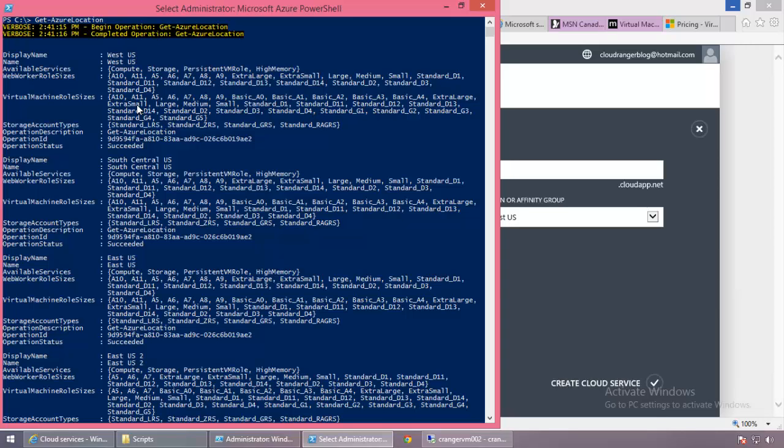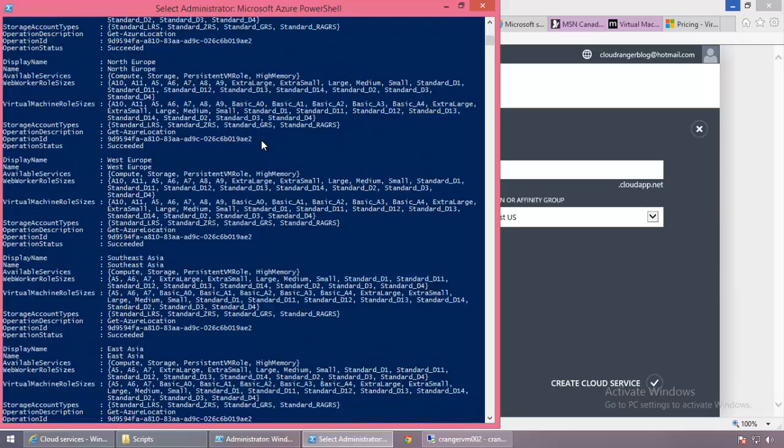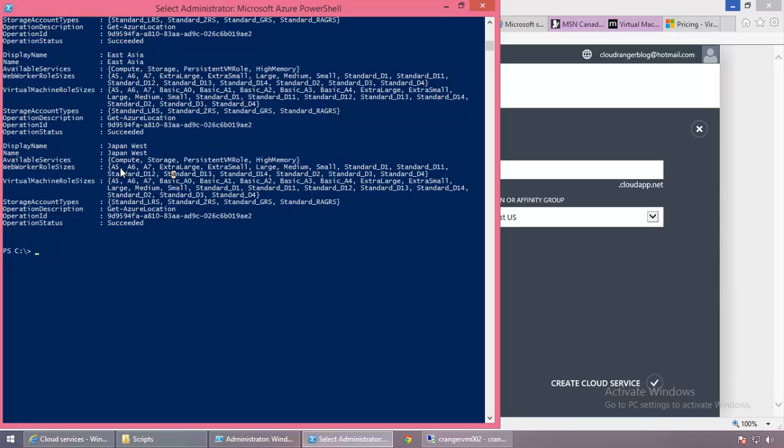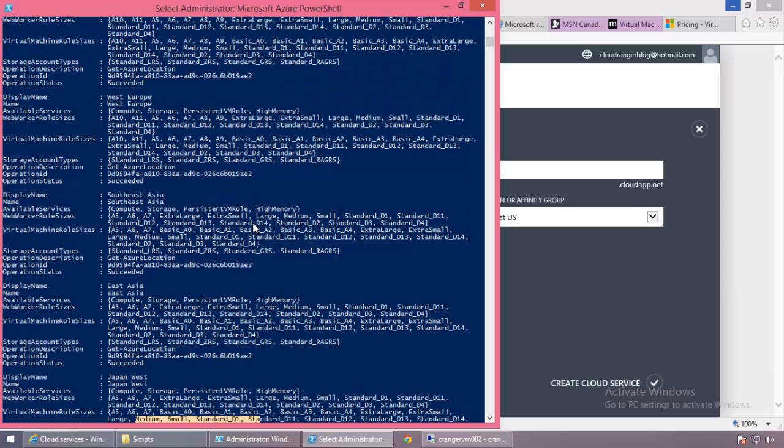Those are all set by, actually, those are actually shown over here with large, medium, and small. They are actually there. That's a bad example. I'll tell you why all these have a code and these all are by name when we get to the role sizes. But my point here is that there are things that are not going to be present in certain regions